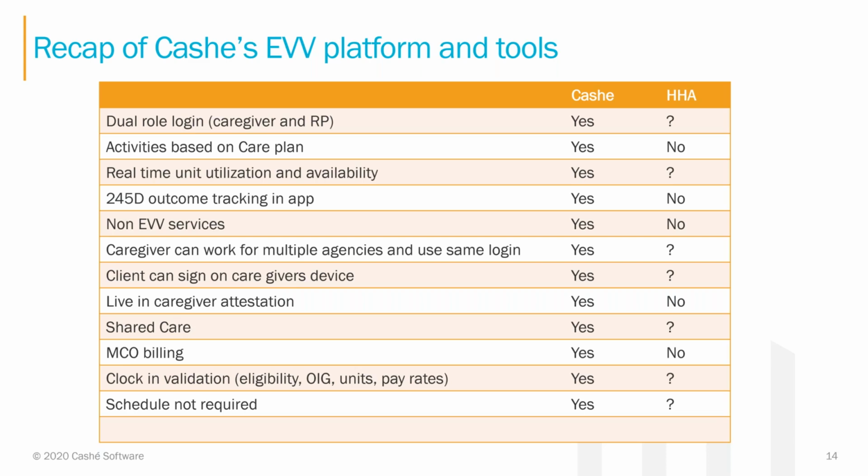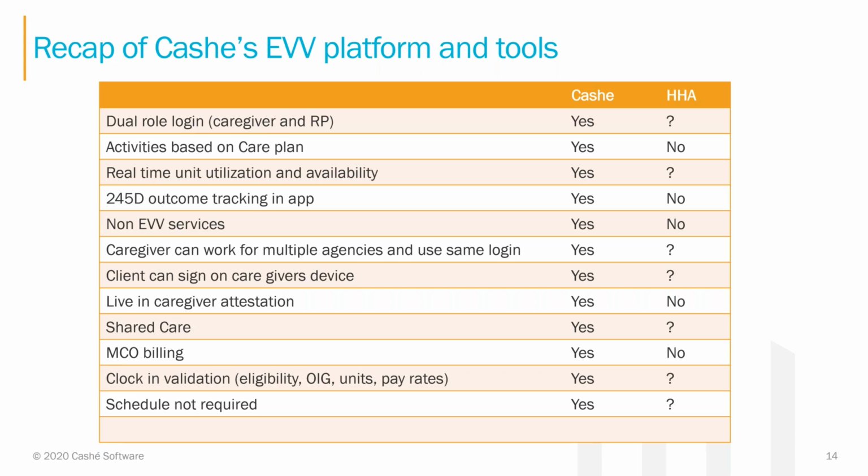Caregivers can work for multiple agencies using the same login, and that looks very similar to how the caregiver and RP displayed, where they would just select which role, instead they would select which agency. Clients can sign on, so there's a PIN number that they're authorized and they're able to sign off right at the time the service is provided. The live-in caregiver attestation will be in the app. Shared care, MCO billing,